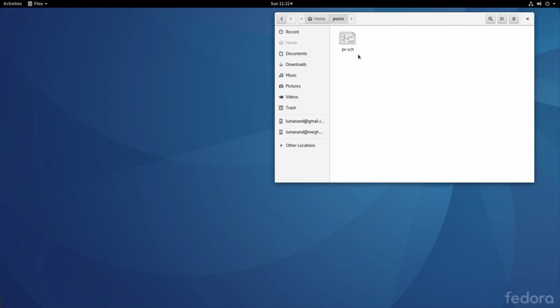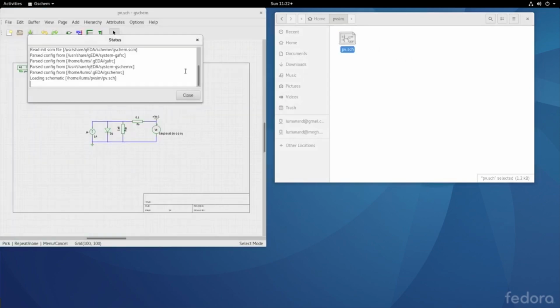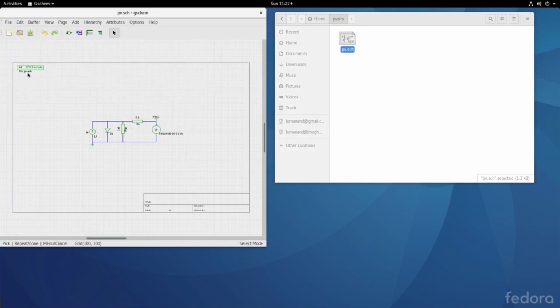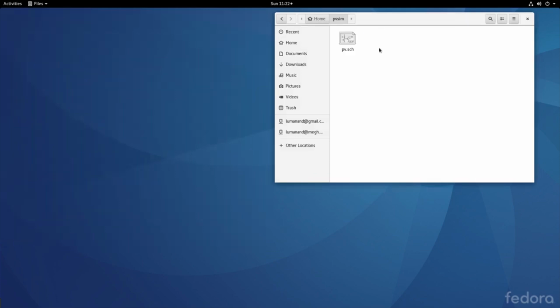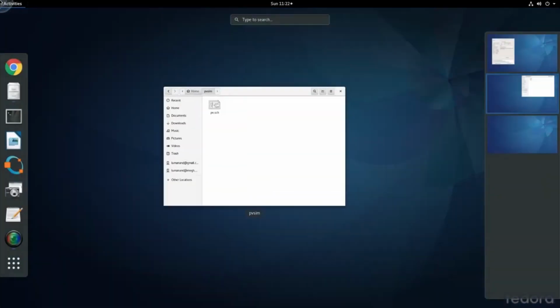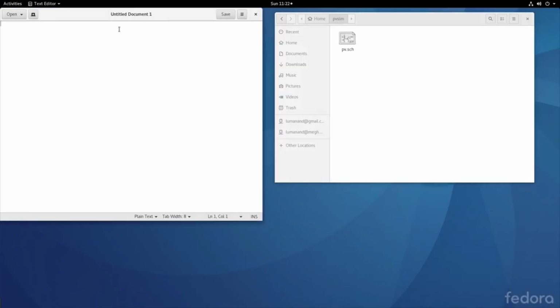Before creating the netlist, there are two files that need to exist in this folder. One is the pv.sub. Recall that we had mentioned pv.sub here in the spice include directive. We need to provide that file even if it is a blank file. And the other one is pv.cir, the circuit file, which will contain all the analysis that ngSpice is supposed to do. So to create these two files, let us go to a text editor, and just a blank file